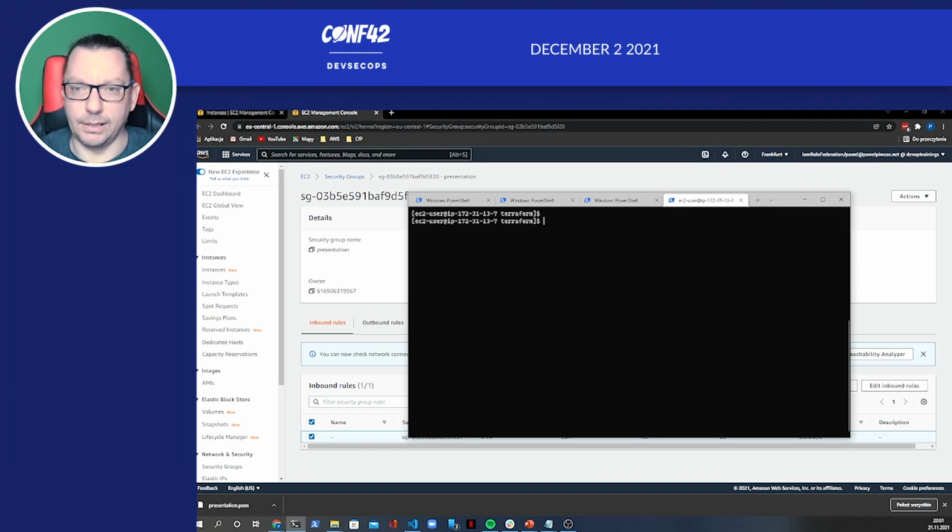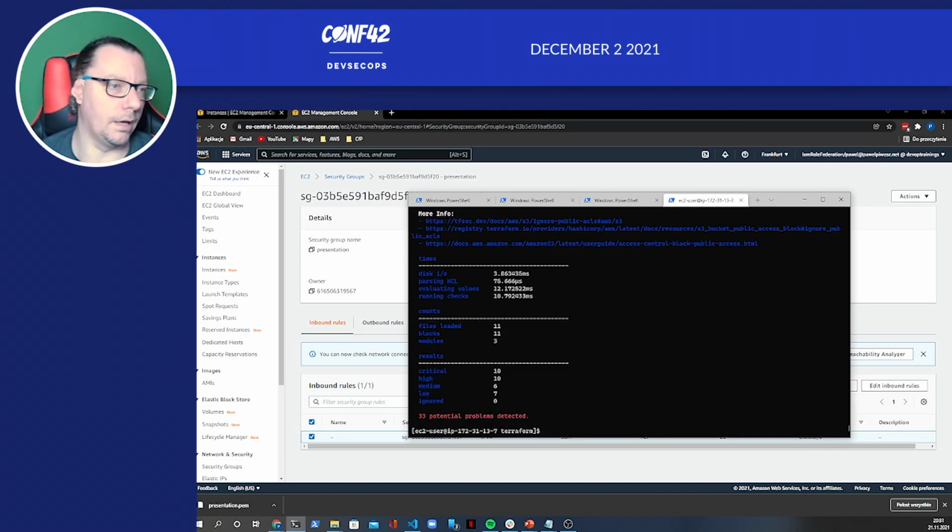Quite nice. Let's try with tfsec. So here the syntax is a little bit different. And you have even the information about the use of disk IOs, about what was the time for evaluation, running, etc., how many files were checked, loaded, modules, and the results. So we found 10 criticals, 10 high, medium, low, and ignored. As you can see, there are fewer. So tfsec found fewer issues, but it doesn't mean it is a worse tool than Checkov. Checkov is finding different